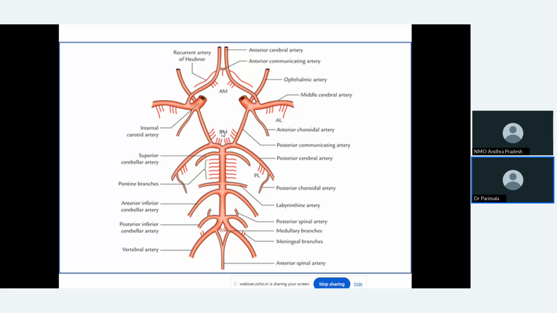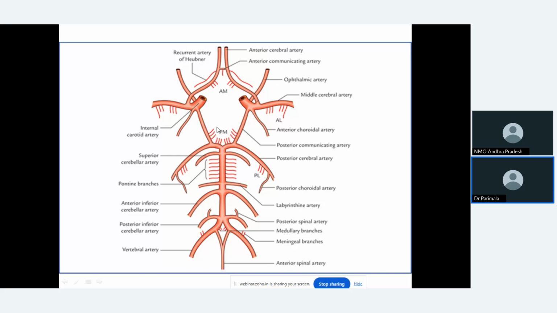What does it mean? The brain consists of cerebral cortex on the superficial aspect and a core called white matter within it. Brain is covered on the top by cerebral cortex or gray matter, and in the core major part is white matter. Within the white matter, there are masses of gray matter like basal nuclei, thalamus and hypothalamus. So to supply these intracerebral gray matter, they will be supplied by these small branches called central branches of circle of Willis.